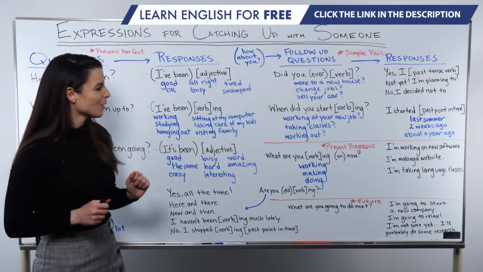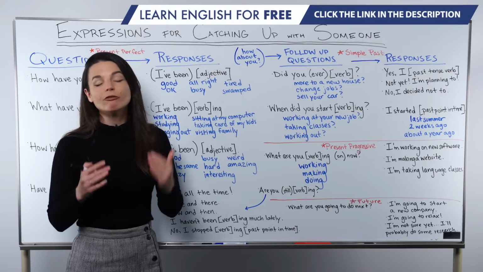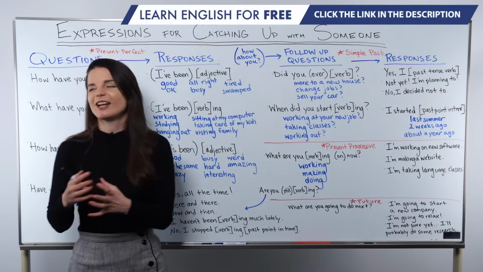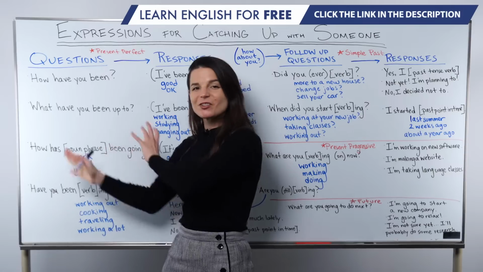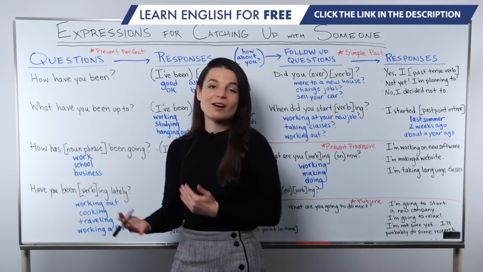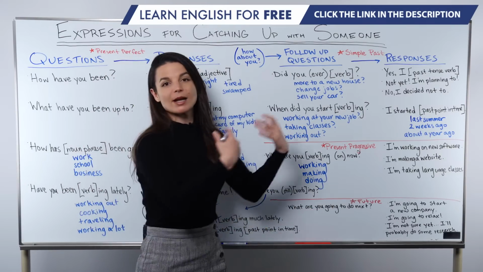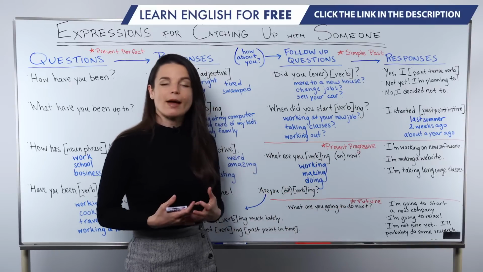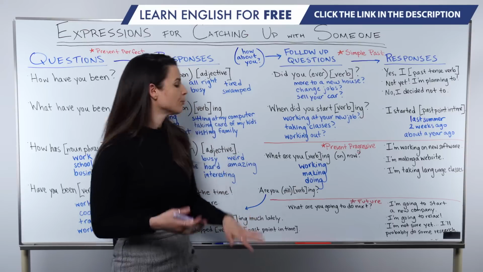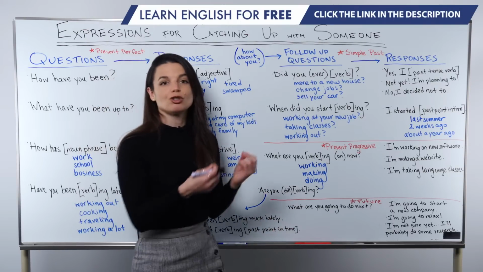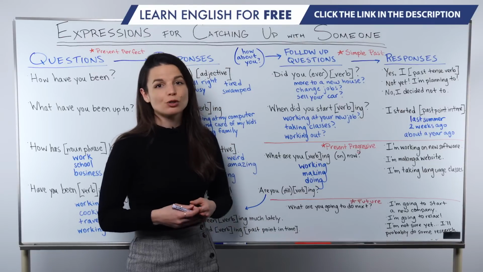All right, let's go to the last point for today's lesson, future tense questions. So when you're catching up with someone, maybe you tend to start with the past, right? What did you do? What have you been doing? And so on. How is this? How is that? And then you talk about what's coming up next, right? So how do you ask about someone's future plans? Here's a very general question you can use. What are you going to do next?